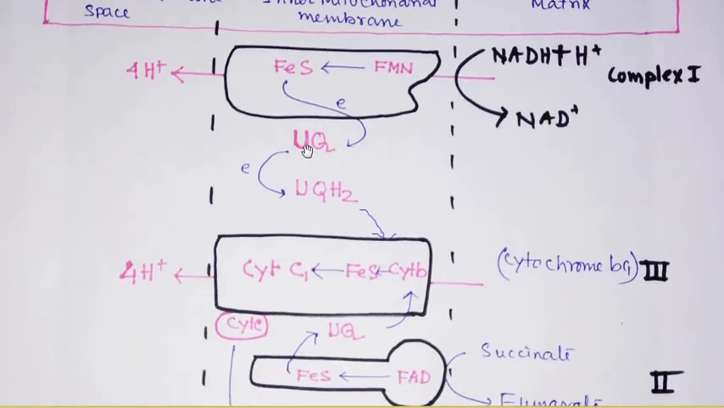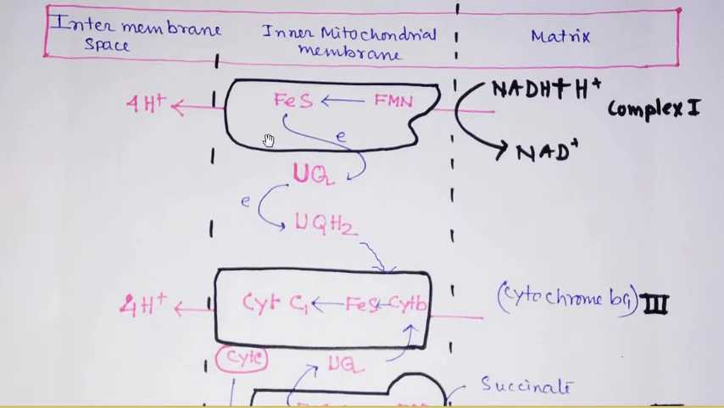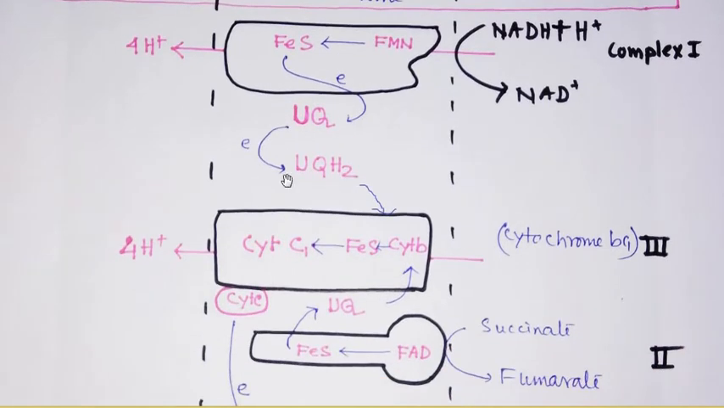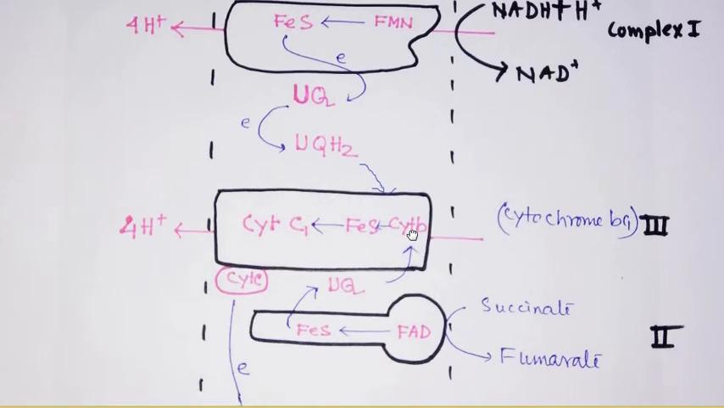Ubiquinone is an electron carrier. It is present in the inner mitochondrial membrane, and then ubiquinone transfers this electron to the cytochrome B of complex 3. Next,